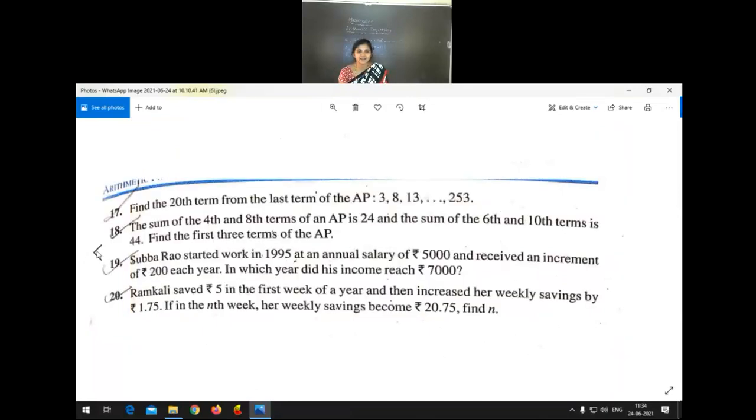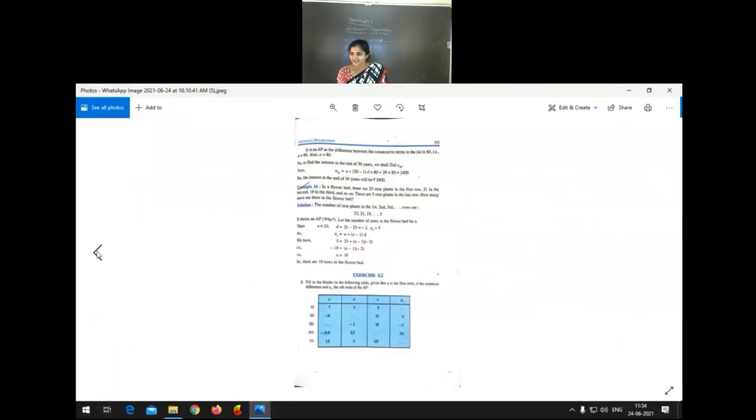Got the idea of today's homework? The second exercise is related to the nth term of the AP. First, work out the exercise in rough. After confirmation, copy the solutions into your fair notebook. So do you have any doubts regarding the nth term of an AP, students? Do you have any doubt? Do you want to discuss anything? Now you have time for the discussion.